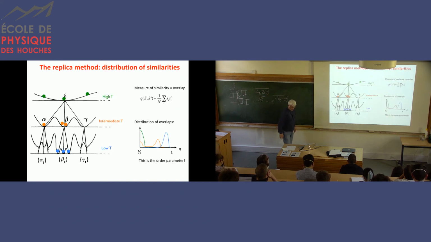Okay, so I'm almost done with my introduction. So what do we expect for these similarities? Here are three landscapes which correspond to three cartoons, very much idealized versions of a landscape you would expect at different temperatures. At very high temperature, it should be very flat, right? The roughness of the landscape is completely erased because everything is multiplied by 1 over T in the exponent, so it's essentially flat.